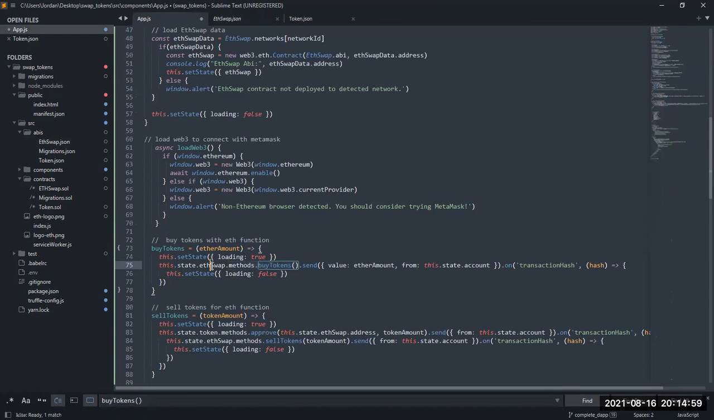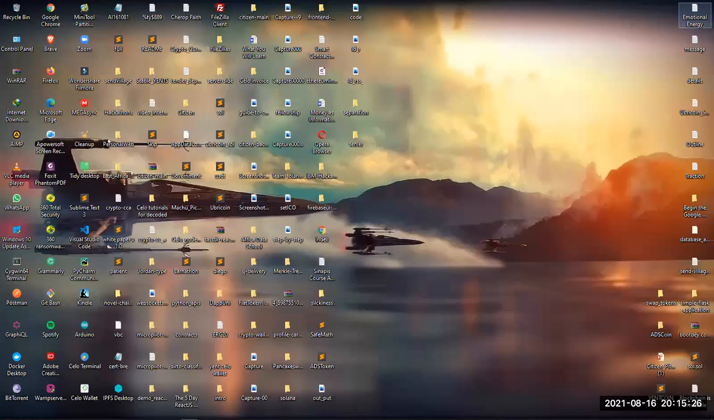So we are calling ETH swap with the one we have loaded here. We have loaded the contract with the ABIs and the ETH address, and then we can pass our methods. We can now call our methods dot buy and then dot send. So dot send is a method that has been provided by web3.js, and we can actually go to